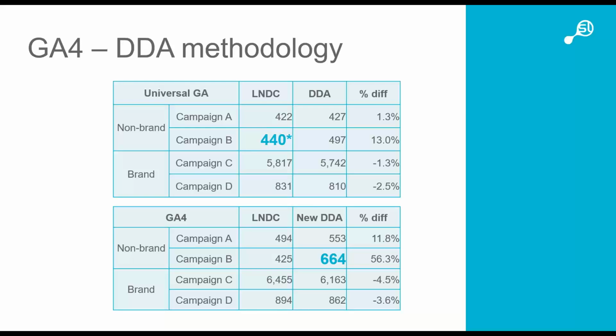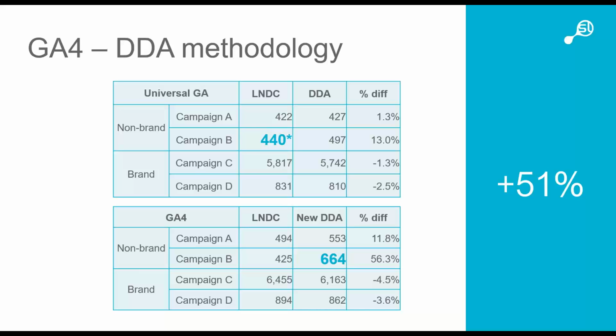So yeah, I suppose in summary, the whole outcome of all that really is better results, more reliable results, and we've seen in cases a swing in some campaigns, especially if they're upper funnel campaigns where you're missing a lot on the last non-direct click basis on universal. So there's massive swings of the credit that is being given to different channels. And just touching on the methodology,